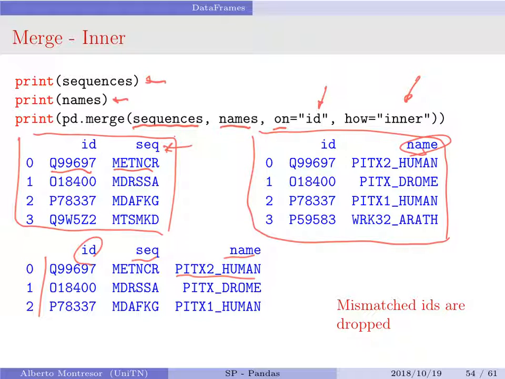And you see that we have merged 2 different sources of information into a single one. Clearly, apart from the biological example, for data scientists this is a very important operation that you do continuously. You get data from different sources, you have something which is in common, and you do what is a merge in a database.